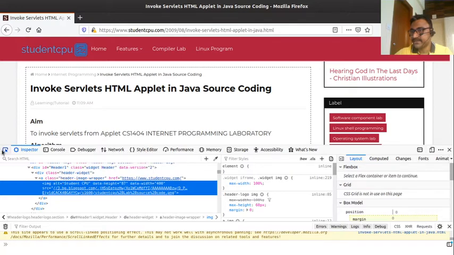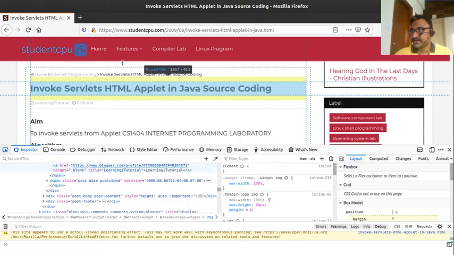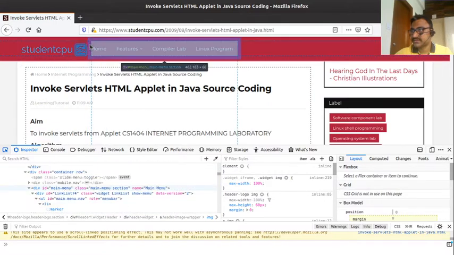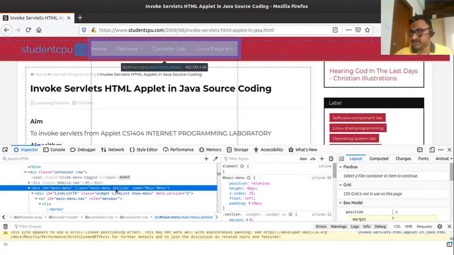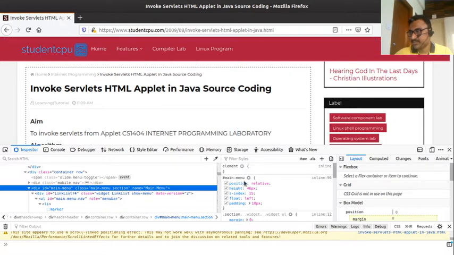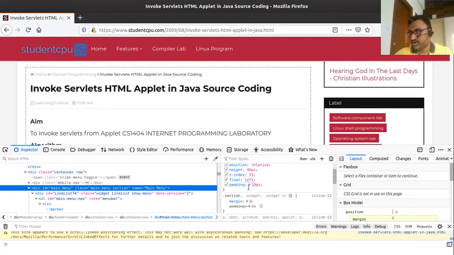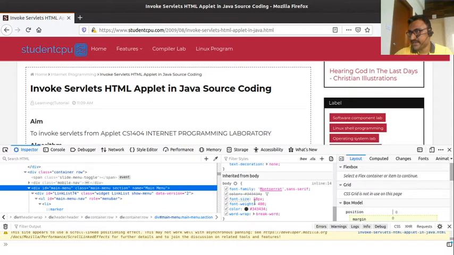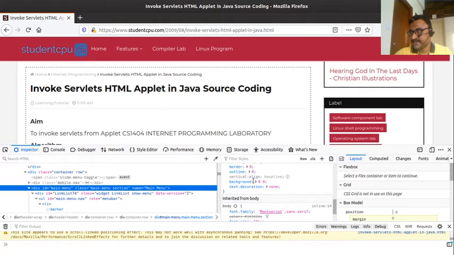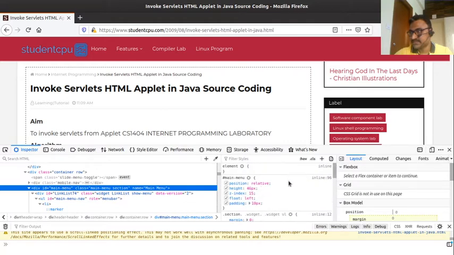If you need to edit the main menu section, you can edit the main menu section attributes: position, height, z-index, float, padding, all the attributes are written here, so there is no need to write them frequently for all the code. You can write this in CSS so that it will automatically reflect here. This is one important thing you need to know.